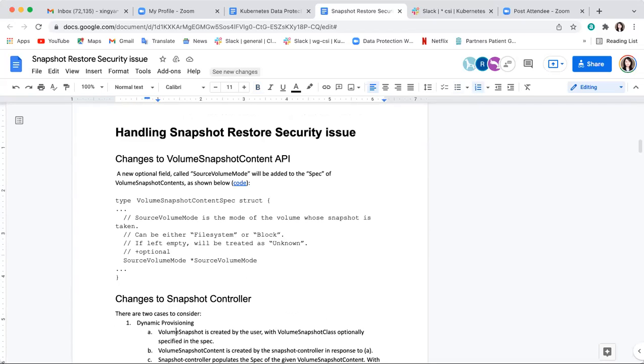So basically, there are a couple of changes in the snapshot content API as well as the snapshot controller, because currently there's no communication of the volume mode from PVC to snapshot or snapshot to PVC. So the basic idea is that we would add the source volume mode to the snapshot content structure, which is added to the spec.